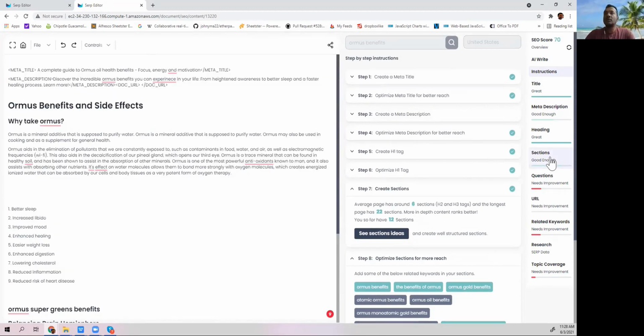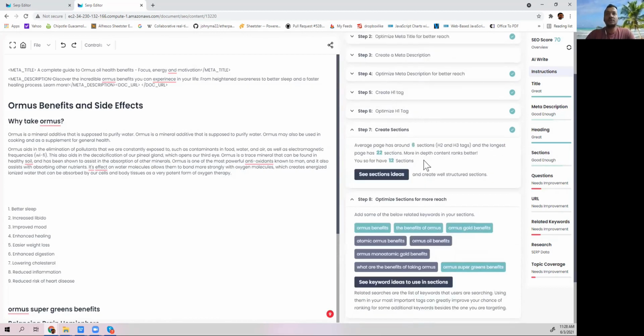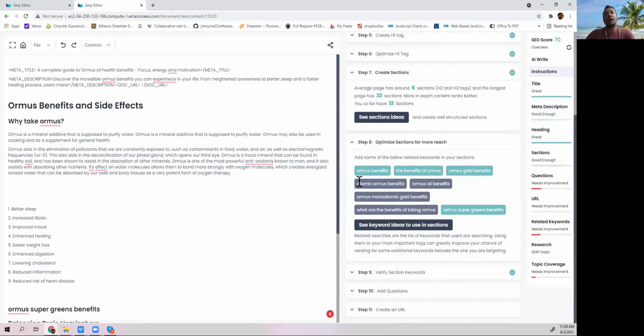Okay, let's go back to sections here. Sections, okay. So we're targeting 12 sections, so this is great. Oh, okay, all right. I took away some of the keywords that I was targeting exactly with the target audience. Once you start targeting these particular keywords, and this is very few, it's going to highly penalize you if you don't use one. So it is essential that you use all of these. I think I was using benefits or mustard oil benefits. Oh, this is an H1 tag. Never mind. That's why.